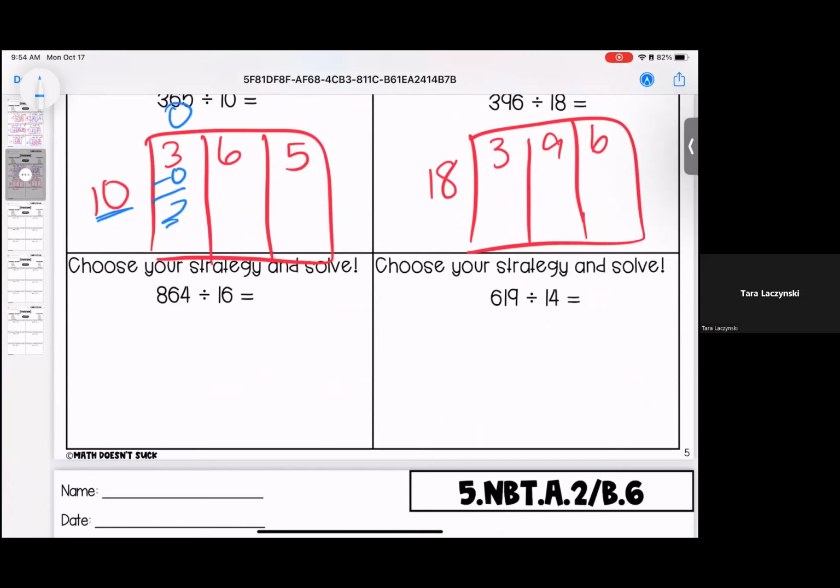Moving along, I notice that I have a 10 this time, which helps my brain, but it doesn't go into 3. And it doesn't go into 36, but it does go into 365. Now that can seem big and scary, but we know how to skip count by tens, right? So,